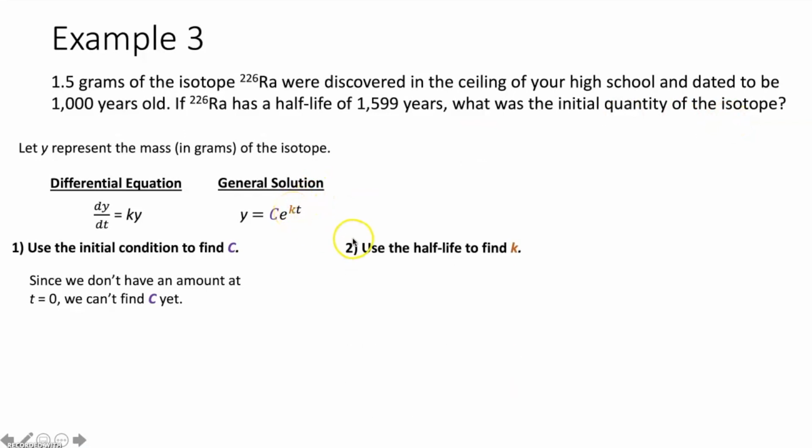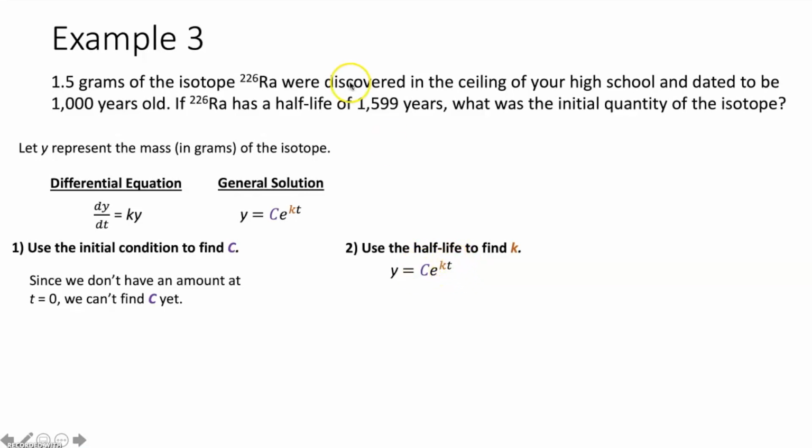So how do we find k? Well, we use the half-life. And remember, half-life is just how long it's going to take for some amount of this radium isotope to be cut in half, to decay to half of its original size. So we're going to take this general solution here. We're going to plug in our half-life, this amount of years for t right here. And then for our c value, our initial amount, we don't know what it is yet. But to find k, we're going to choose some c value. When in doubt, I choose 1 because it's the easiest to work with. So I'm going to pick 1 to be my initial amount. I'm going to say there's 1 gram of this isotope.